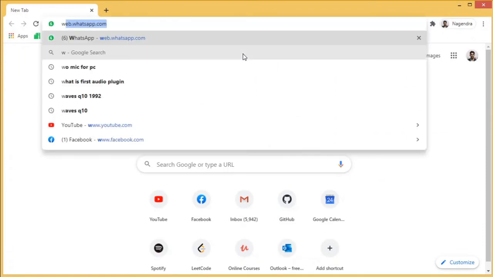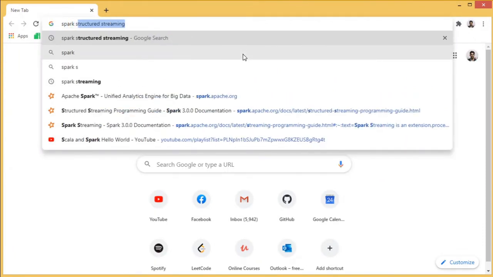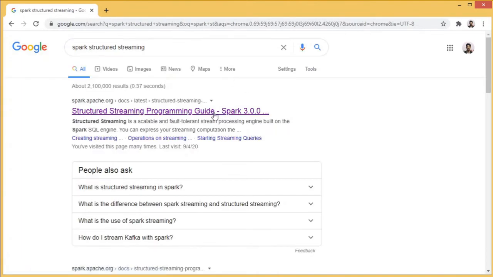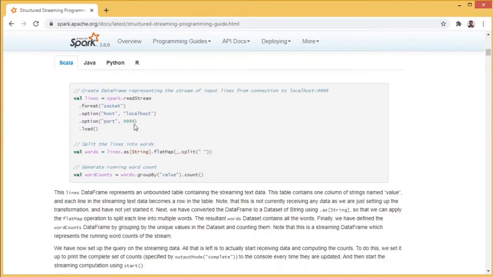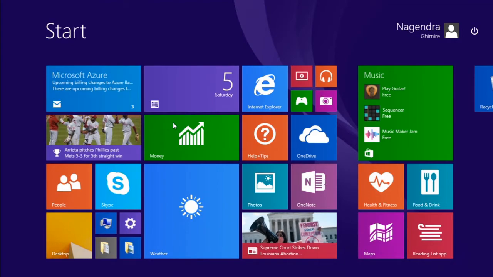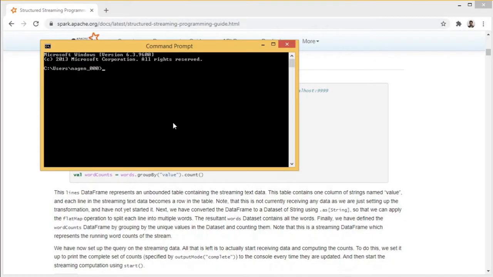If we see Spark structured streaming, this is the same page we saw in the last video, and then here I checked from a local file instead of the socket. Let's do the same thing today. Word count for demo.